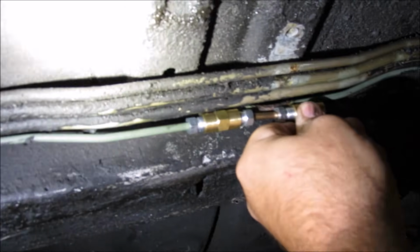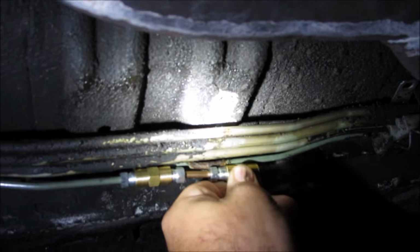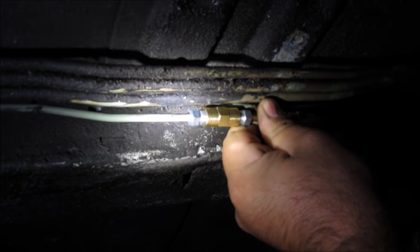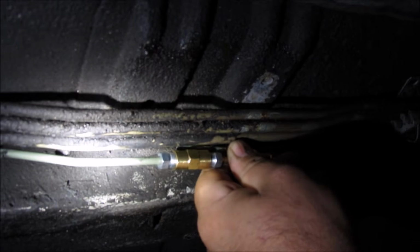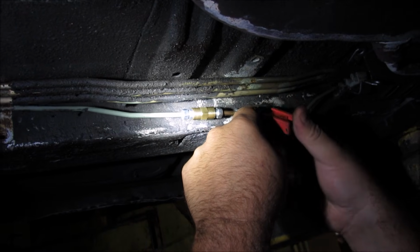Oh, it's going to be close. It's actually almost right on where it was. Yeah, well, it'll get a little bit shorter once it's up there. Cool. Cut it off? I'm gonna cut it like here. Okay. We're about